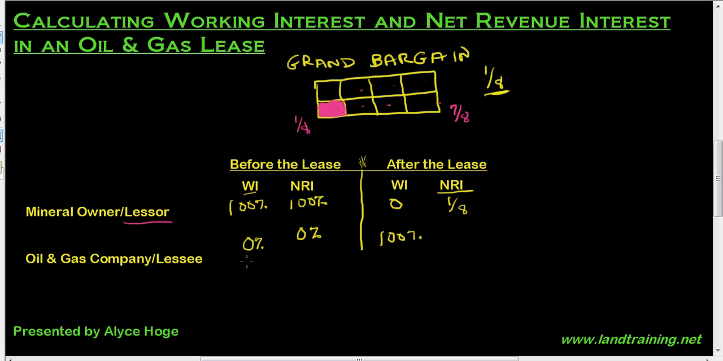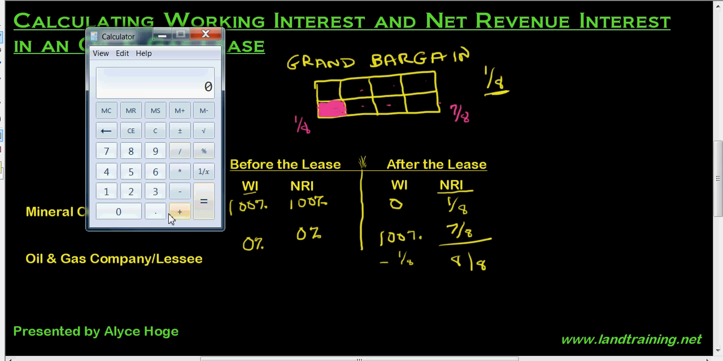And that leaves the oil and gas company's net revenue interest as 100% minus the 1/8. Okay? So we know 1/8 plus 7/8 is going to be the 8/8. So we take the 8/8, we minus the 1/8, that leaves the oil and gas company with this 7/8 interest. Now, if we want to convert this to decimals, it's as simple as